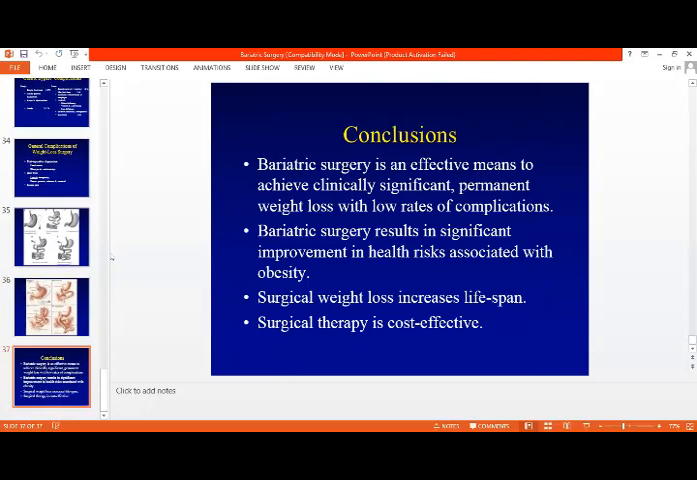I think what I would conclude is that bariatric surgery is a very effective means to achieve clinically significant and permanent weight loss with a low rate of complication. It results in significant improvement in multiple health issues which are associated with obesity, like metabolic syndrome, diabetes, hypertension, ischemic heart disease, certain cancers. And it definitely increases the lifespan of the person. And it is also cost effective and it can be done laparoscopically. So that ends our